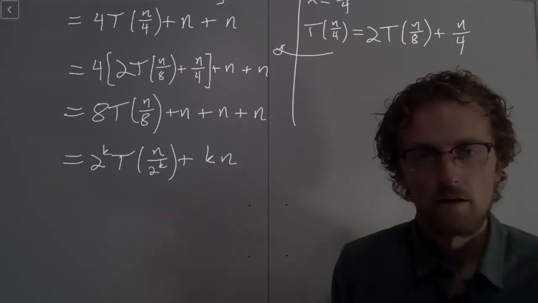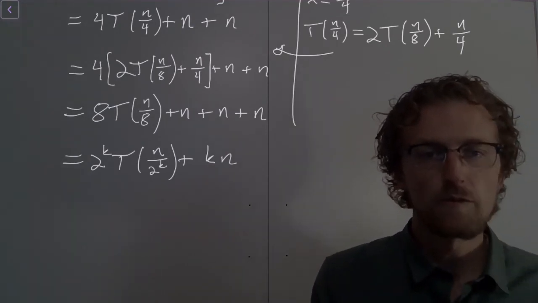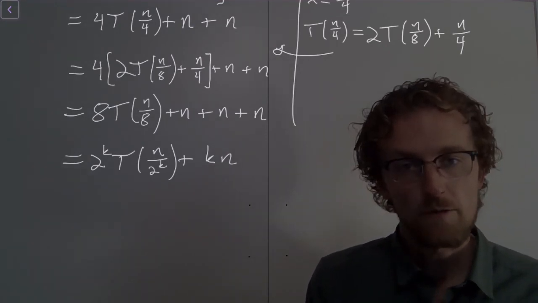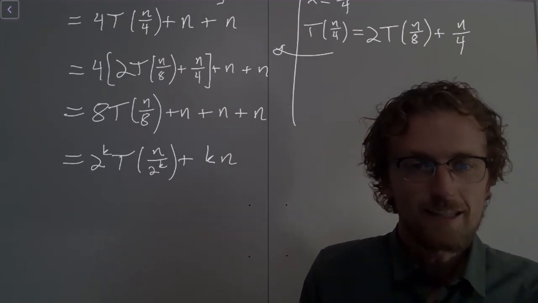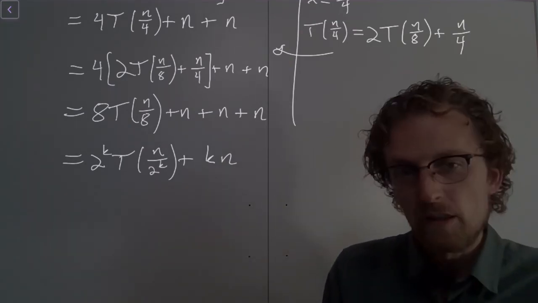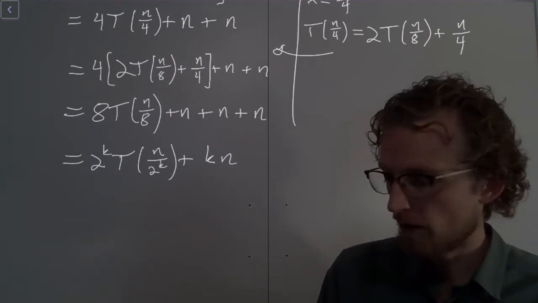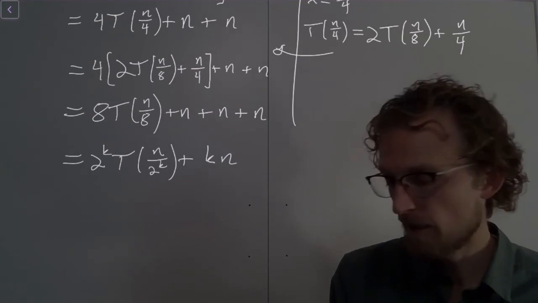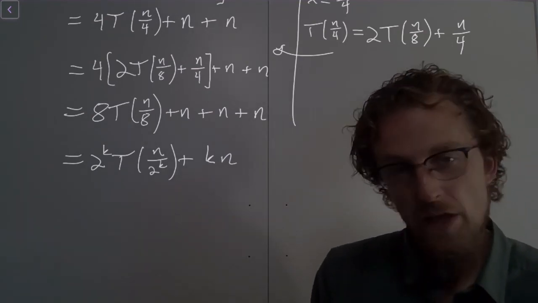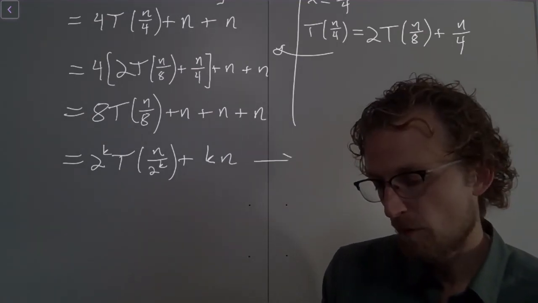times n, right? So if you recall a couple videos ago, we thought about how if there's a constant amount of overhead on each recursion, we accumulate k times that constant. Well, here there's a linear amount of overhead on each recursion, so we're accumulating k times that linear, right? So k times n. So the anchoring step is going to work the same as before, so I won't belabor